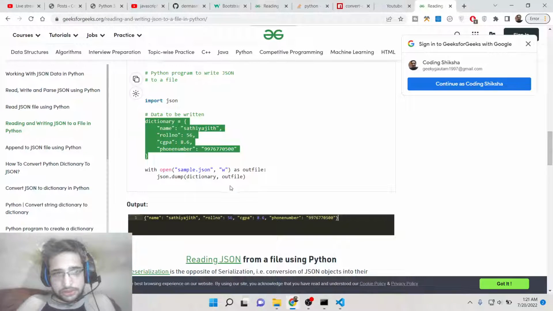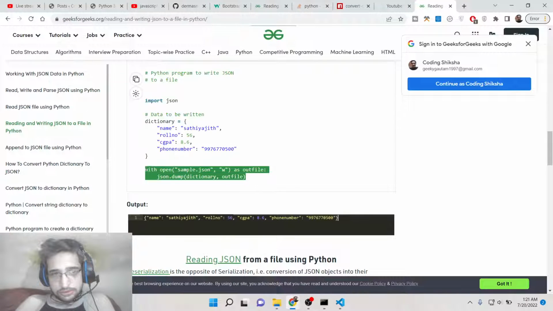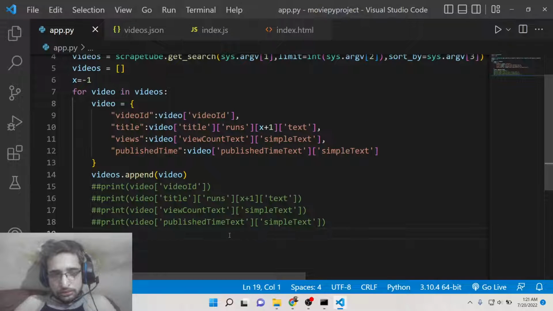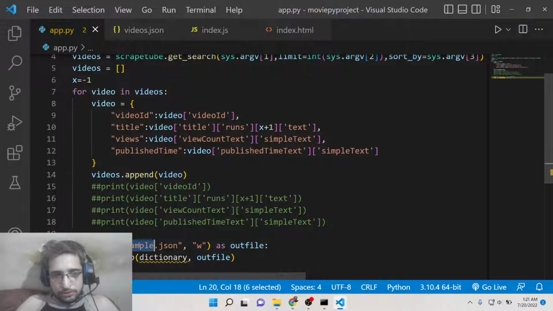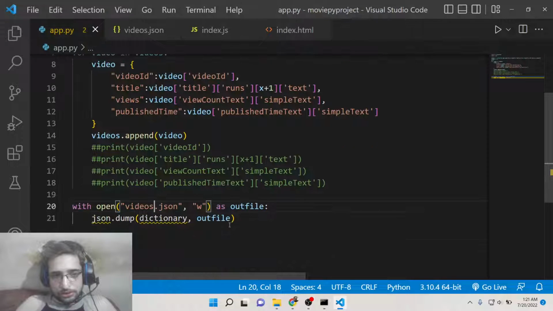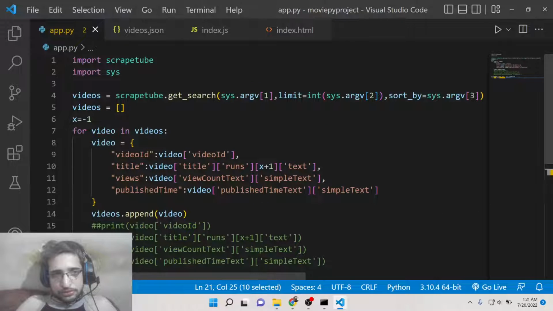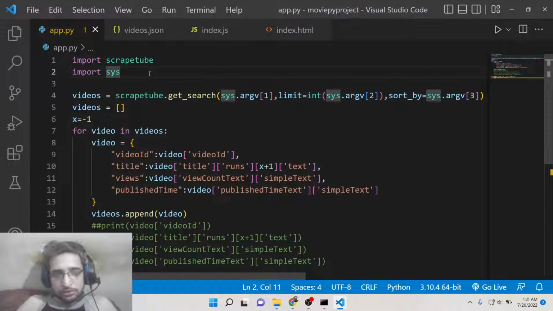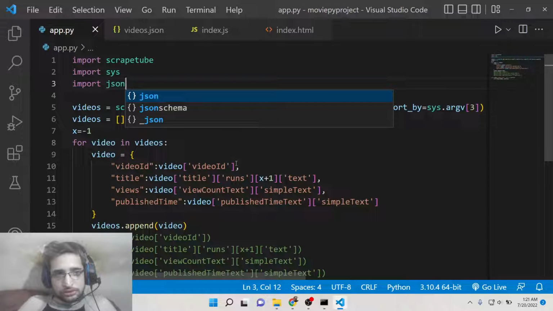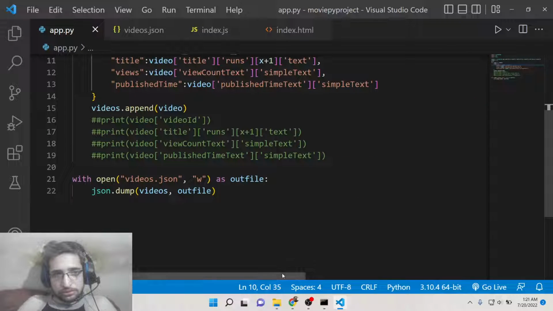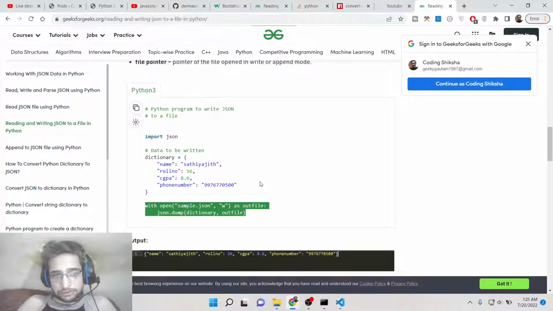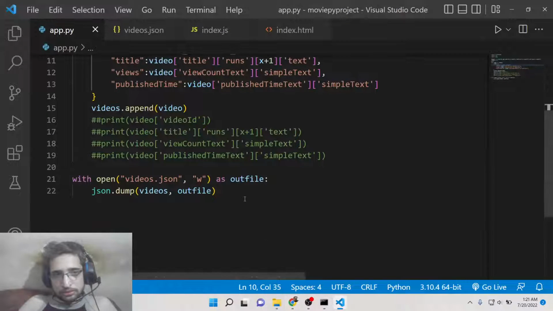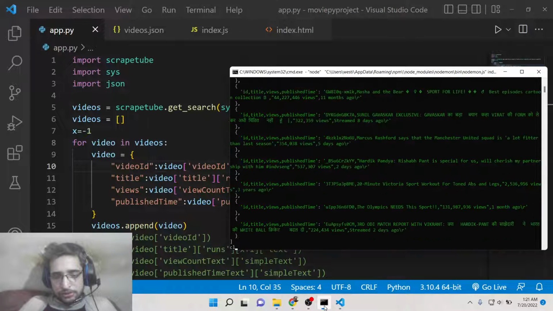So to save this, it is very simple. We can open videos.json. You can dump videos. Import JSON. So now if I execute this,